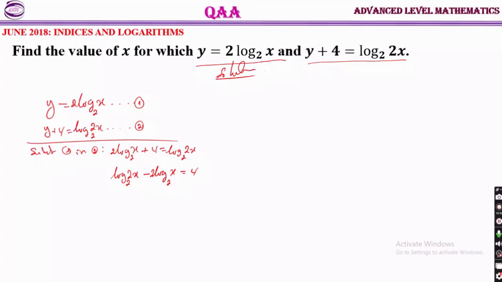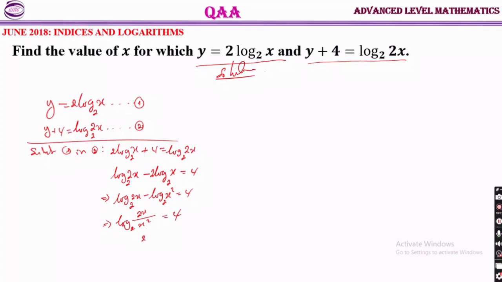Okay, from here we are going to end up with something like log to the base 2 of 2x minus log to the base 2 of x squared equals 4. So from here we get log to the base 2 of 2x on x squared to be equal to 4,